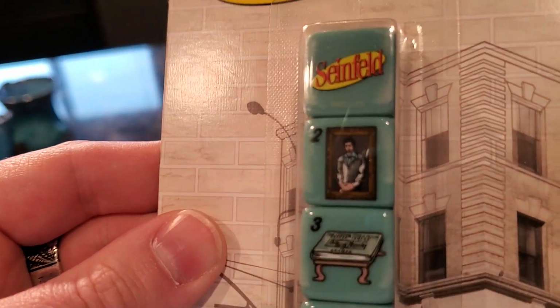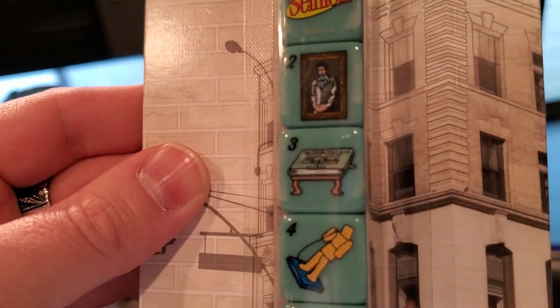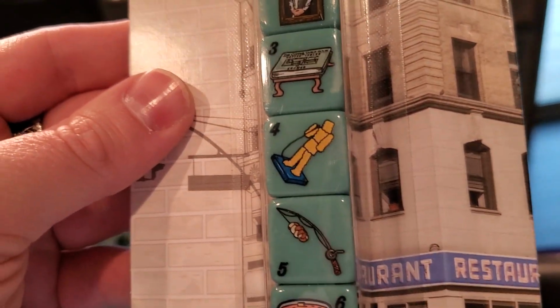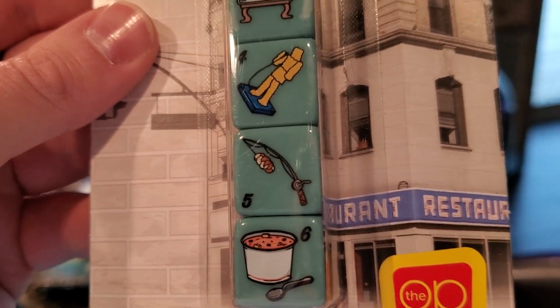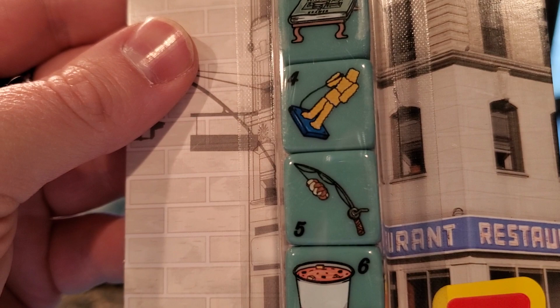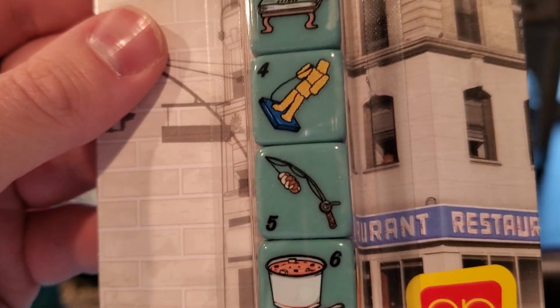So you have the Seinfeld logo. You have the Kramer portrait painting, if you remember that episode. The coffee table book that's also a coffee table, if you remember that. Fusilli Jerry, made out of pasta. You have that hilarious, oh my god, it makes me want to go watch Seinfeld. The time when they tried to replace the marble rye, and they have it hooked to a fishing pole and trying to